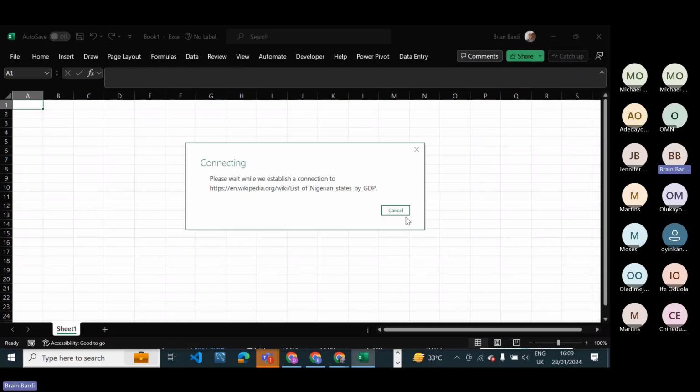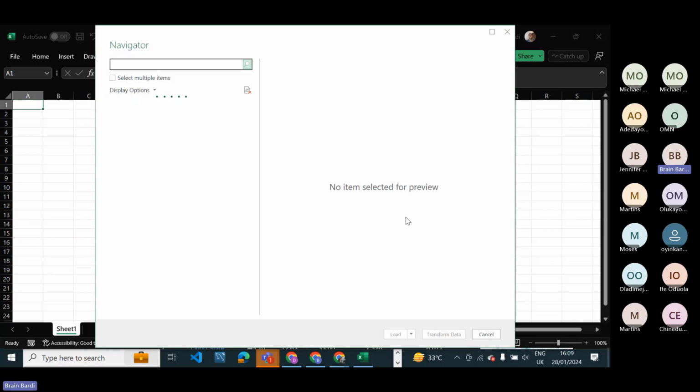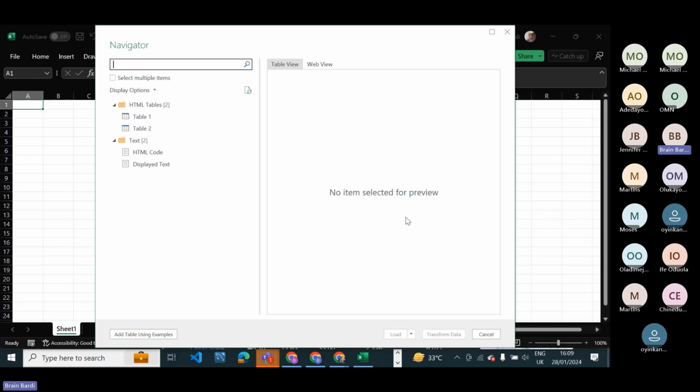If this is your first time connecting to a web page from a particular site, it's going to ask you whether you want to connect to that web page because it's your first time. So you're just going to click on Connect before you can access this page. Subsequently, when you want to access it, it's not going to ask for all that information.